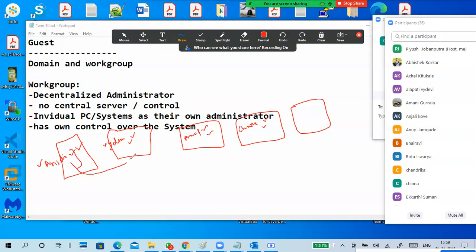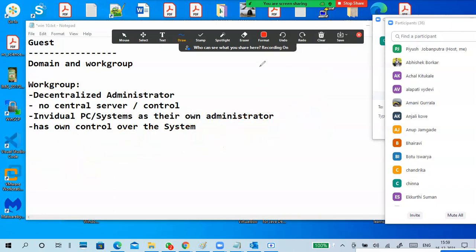Anjali cannot control the other PCs, Vaidevi cannot control the other PCs, Chinna cannot control the other PCs. So the individual PCs have their own administrator. They are able to control their own PCs. They cannot control other PCs. That is another important point.